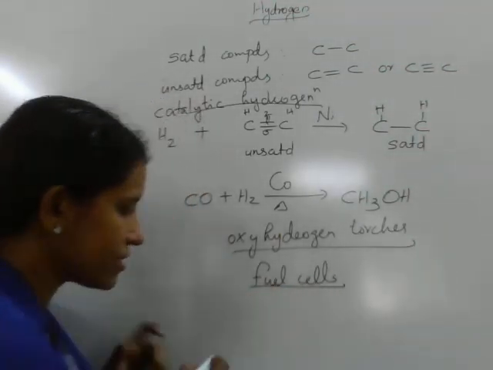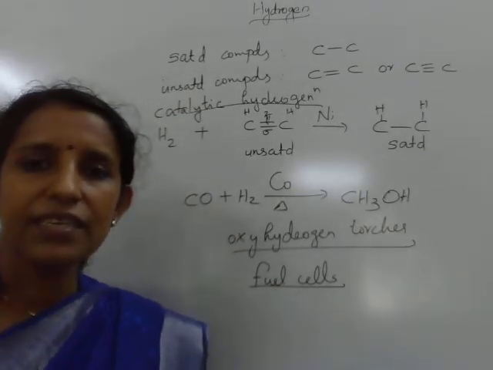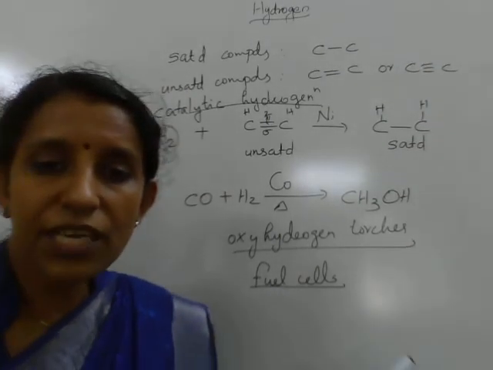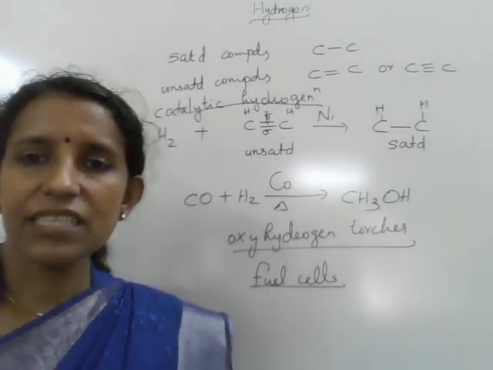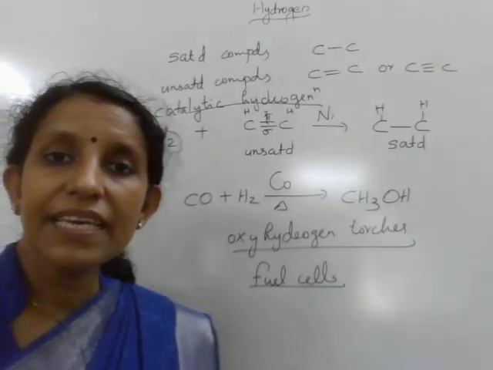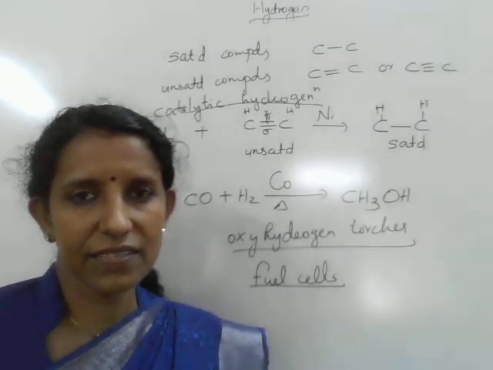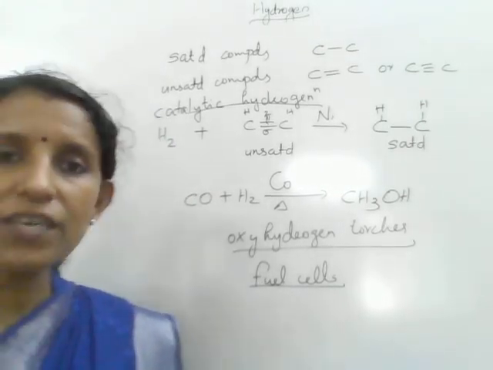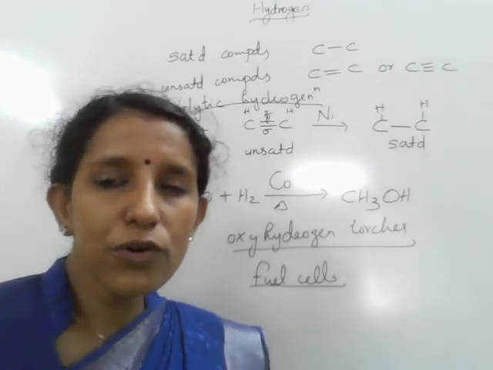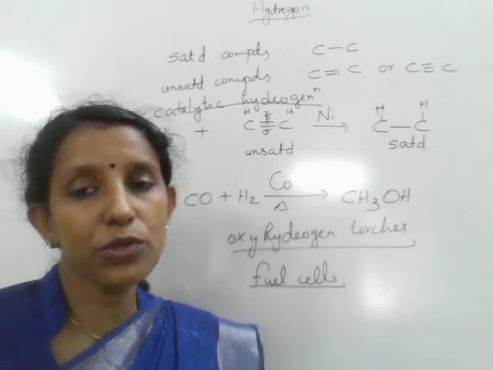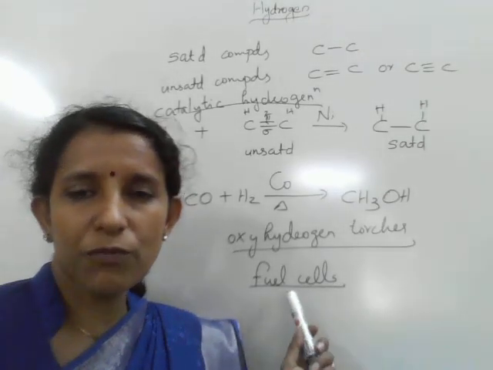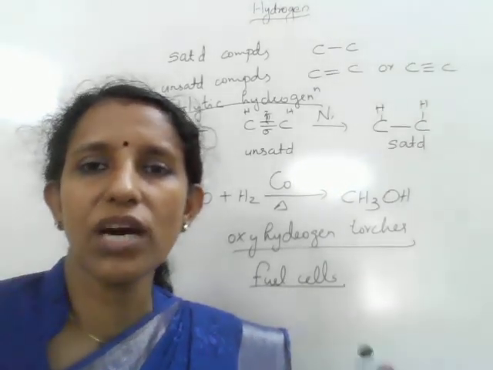Fuel cells are devices used to generate electricity. Fuel cells convert the energy of combustion of hydrogen. Hydrogen is a combustible gas, we know. The energy of combustion of dihydrogen can be converted directly to electrical energy. These fuel cells have more advantages over traditional fossil fuels, because fossil fuels on combustion produce a large amount of pollutants. But when we use dihydrogen in a fuel cell, the only byproduct formed is water.